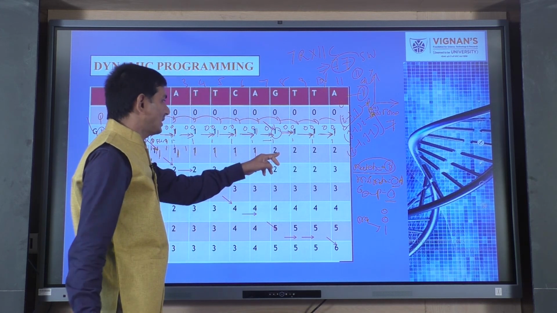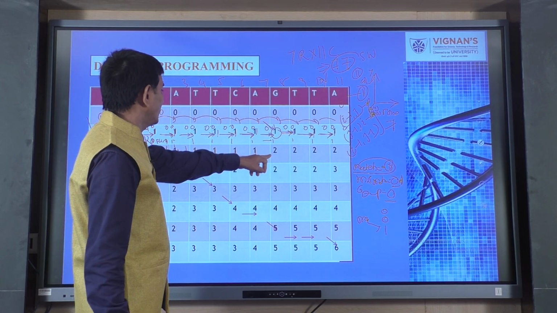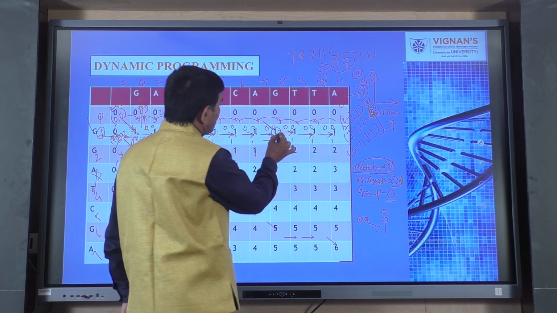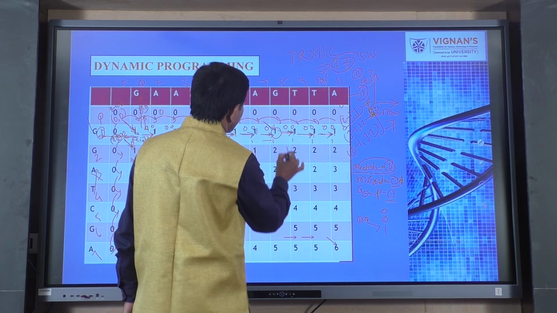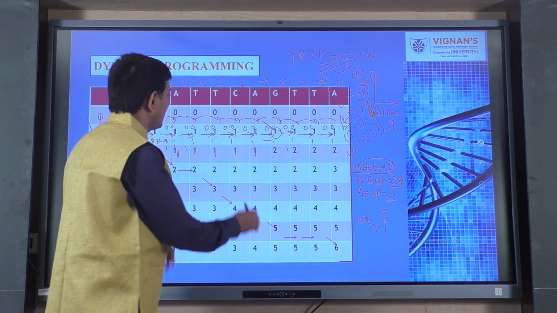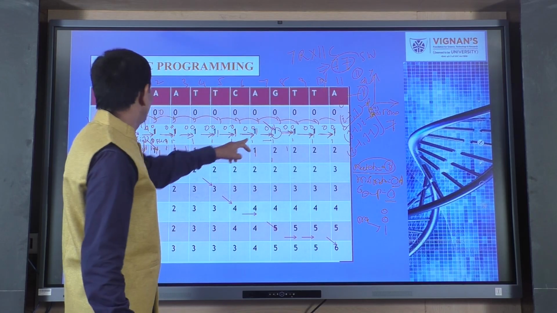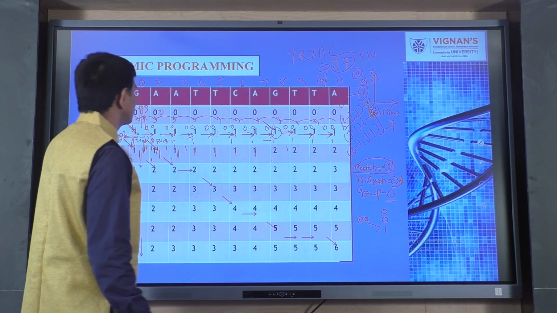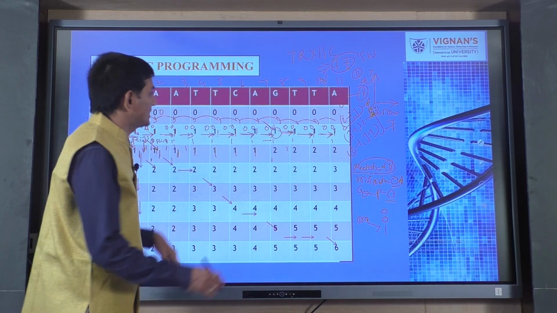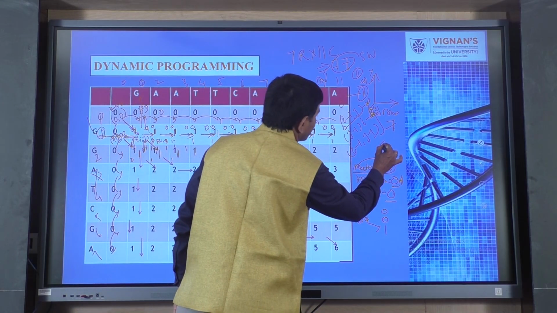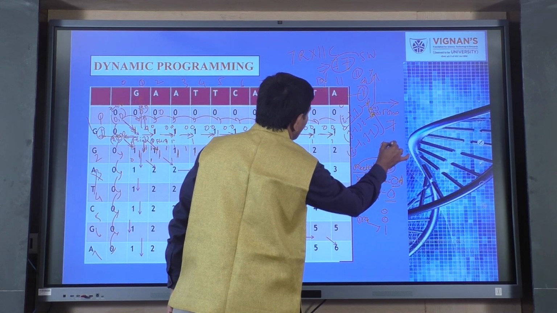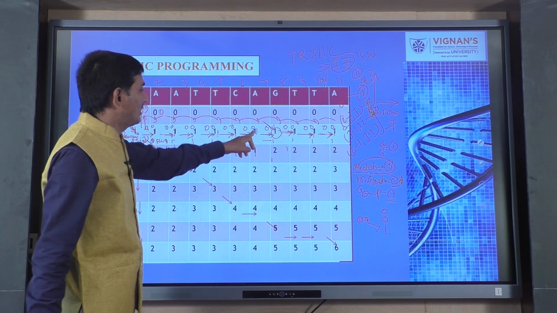And coming to this particular cell in the matrix table, here we can clearly see change in row gives us the value of 1, change in column gives us the value of 1. Coming to this diagonal, the value is 1, where row coordinate is G, column coordinate is also G. So, G versus G is a match, the value for match is 1. So, the diagonal value of 1 plus 1